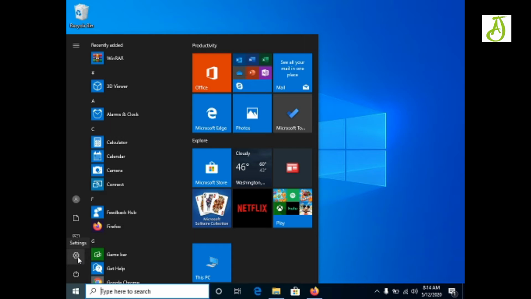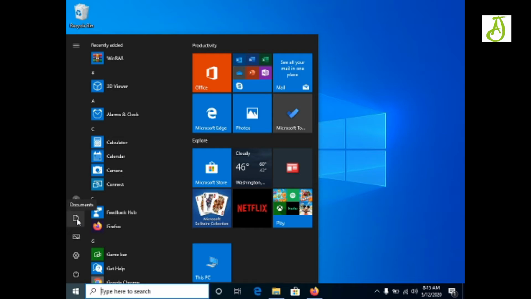The second option is known as settings. Same as control panel in the older version. Now, this setting is used to change or manipulate the settings of the hardware and the software. Then we have an option of pictures, which helps us to see the pictures.